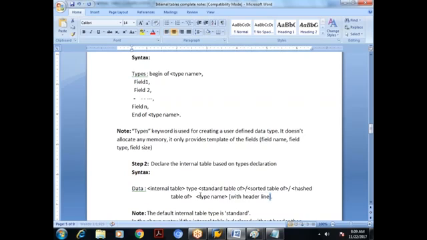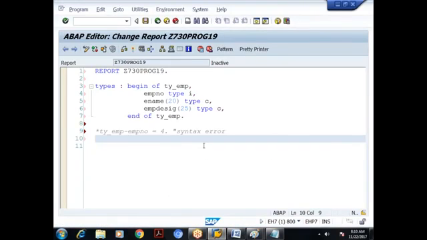If I give anything in the angular brackets, you have to understand that it is mandatory, compulsory. If I give anything in the square brackets, assume that it is optional. Sometimes we may use it, sometimes we may not. But for the time being, let me go for with header line only. And what is the default internal table type? Yes, standard. So what I'll do here is,